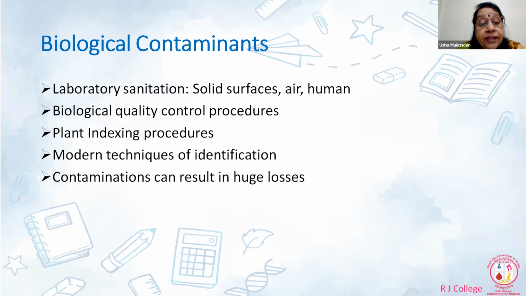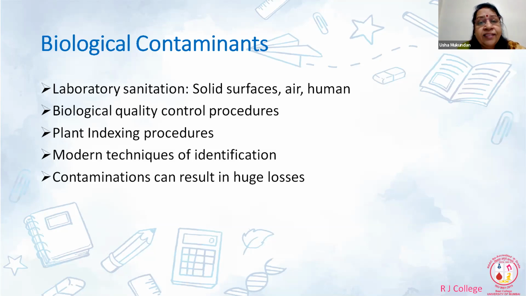tissue culture method. But this procedure is also very important when you are talking about quarantines. There are permissions which can be availed of for bringing any foreign living material into another country, but there are strict procedures laid down. You need a certificate that it is clean, and only then can you bring it and acclimatize it in your own country. That is known as the plant indexing procedure.